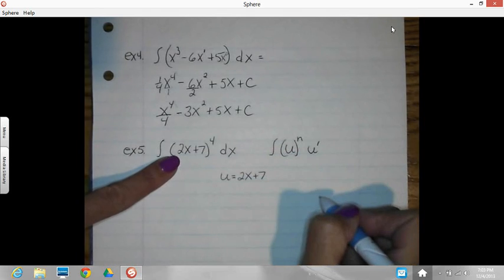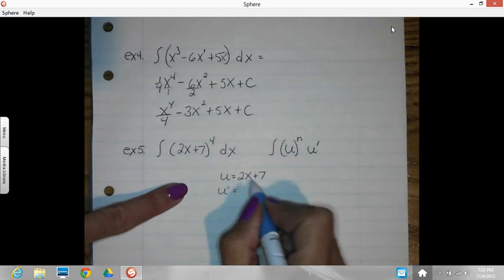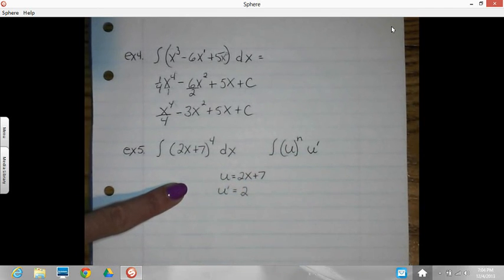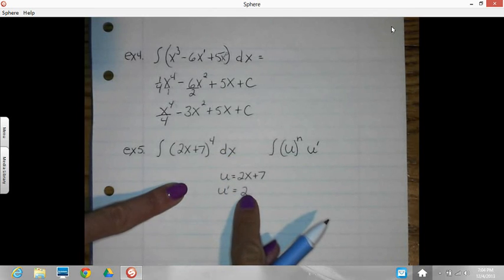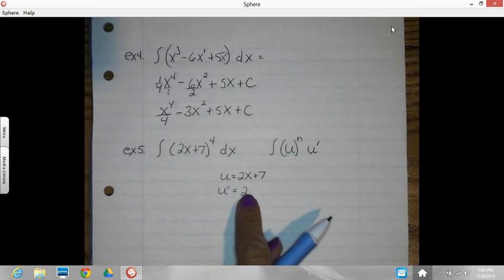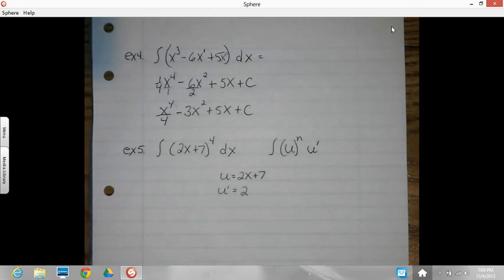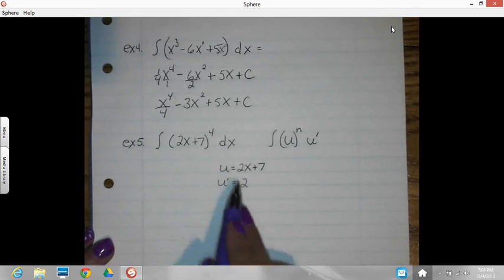So then u prime is equal to, the derivative here is 2, and that's a 0. Well, what I need attached to this dx is a 2. Well, I'm not allowed to just multiply by 2, but I am allowed to multiply by 1. So we're going to hit it with a 1. You're always going to hit it with a 1. That's a great trick in math. So if I need a 2 here, because that's what my u prime is, that's what I need attached to this dx,